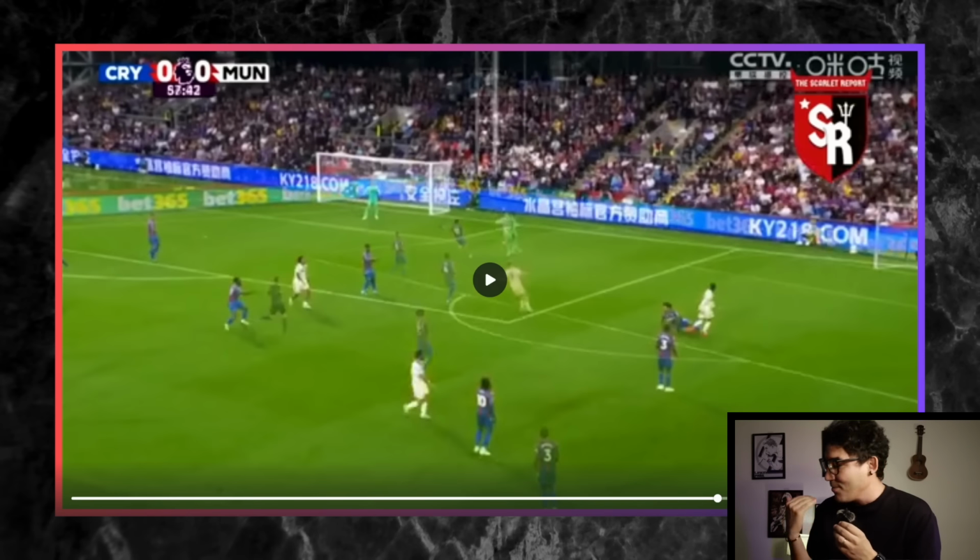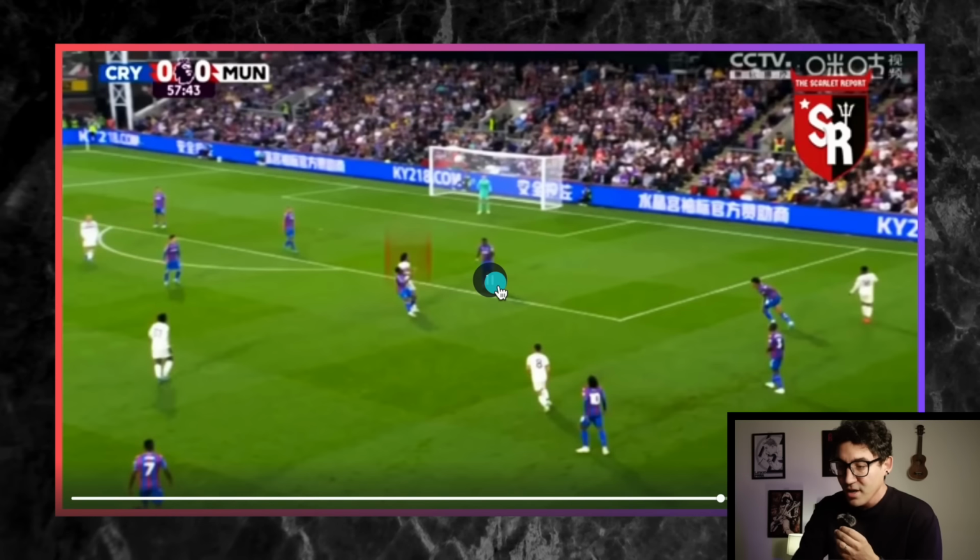Because just as much as Glasner's substitutions were inspired and extremely effective, Erik Ten Hag's substitutions really left me scratching my head, especially when he substituted Xerxes after 60 minutes. Now, what I gotta say is that when you substitute a player after 60 minutes, it's because either they have a knock or you're saving them for a future upcoming game, or because they're coming back from injury, so you want to just ease them into being match fit. None of these, as far as I know,